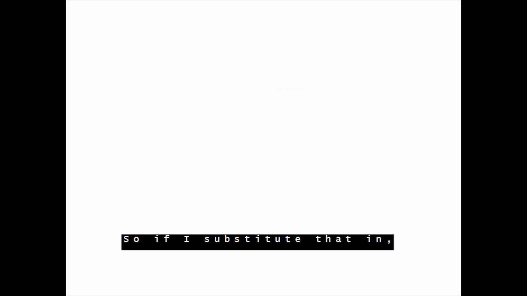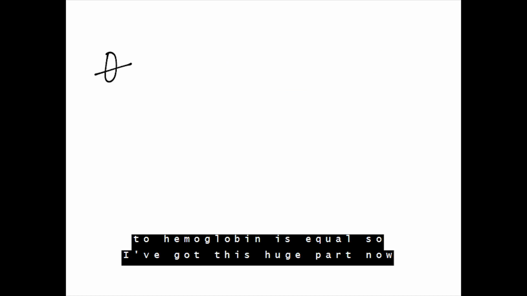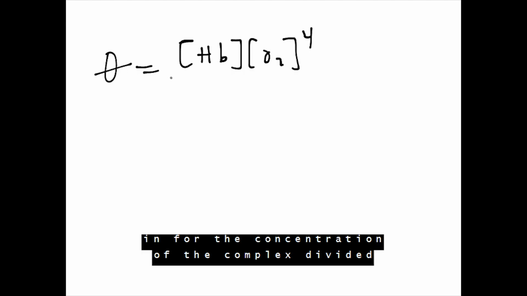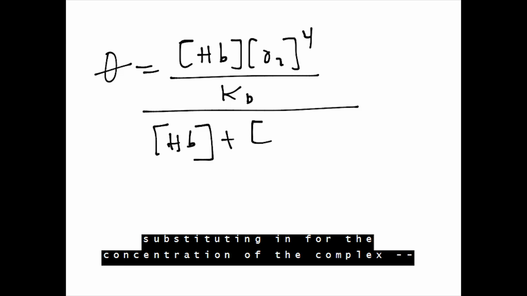So if I substitute that in, I get that the fractional saturation of oxygen to hemoglobin is equal to, I've got this huge part now for my numerator where I've substituted in for the concentration of the complex, divided by the concentration of hemoglobin plus, again, substituting in for the concentration of the complex